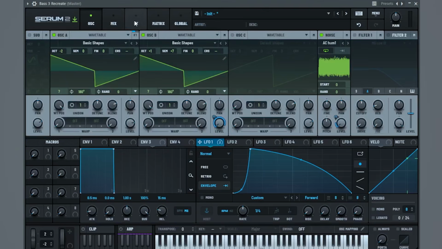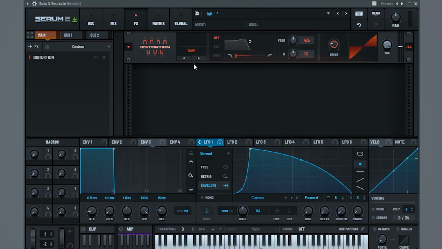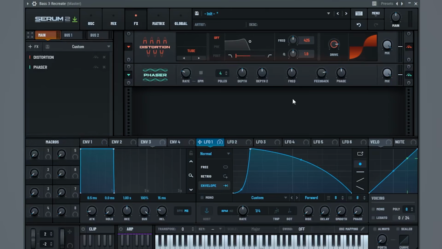So now let's add some effects. I'm going to go distortion, tube, and then I'm going to put this on 83%. So now we get this. And then if you want, you can experiment with phase, and you can put this on the LFO. I put it on like 90-ish%, and then I turn the depth off, turn the depth 2 down a bit. I turn this off as well, turn the feedback right down,